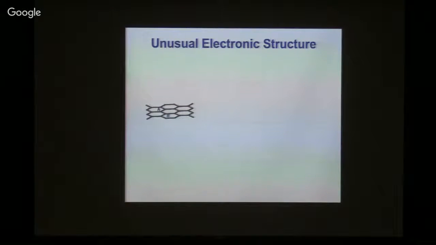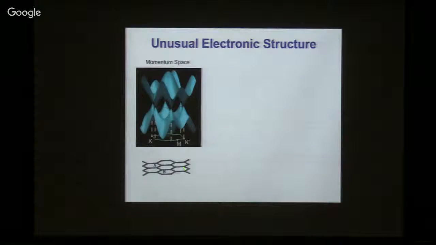So we think in the real space, graphene is described by this two-dimensional hexagonal lattice. The band structure is described in momentum space. In that case, we think of the delocalized pi electron of the graphene. When it sits on this hexagonal lattice, it actually forms this conduction and valence band that touch each other at these special points known as K and K prime points.